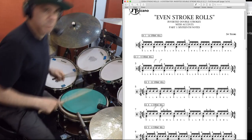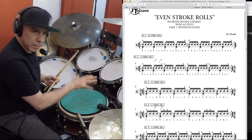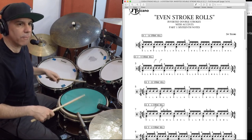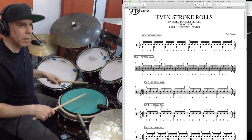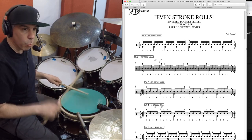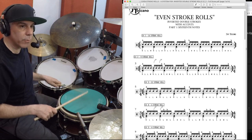I apologize. So now with the 8-stroke roll, we're going, again, single stroke in the front, single stroke in the back, 3 doubles in the middle, right, because we're going 8. 1 E and 2 E and 3 E and 4 E and 1 E and 2 E and 3 4 1. Really exaggerating that whip because I'm going so slow. I could do it down here. 1 E and 2 E and 3 E and 4 E and 1 2 E and 3 E and 4